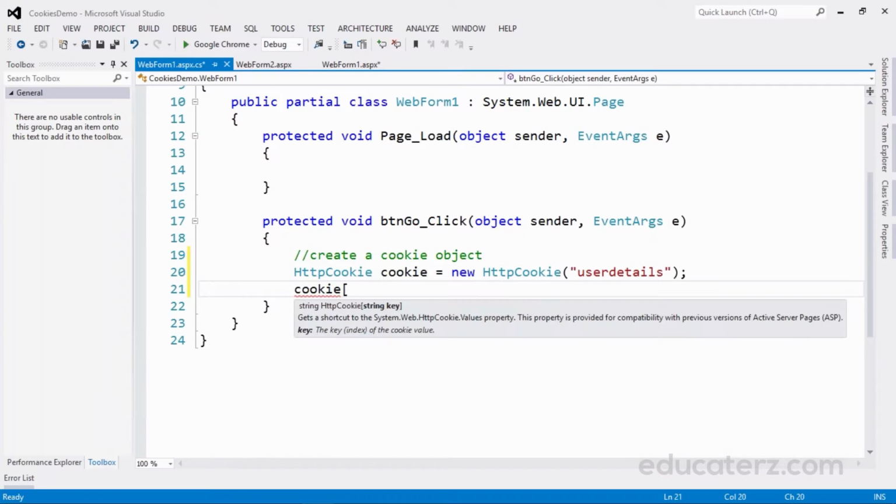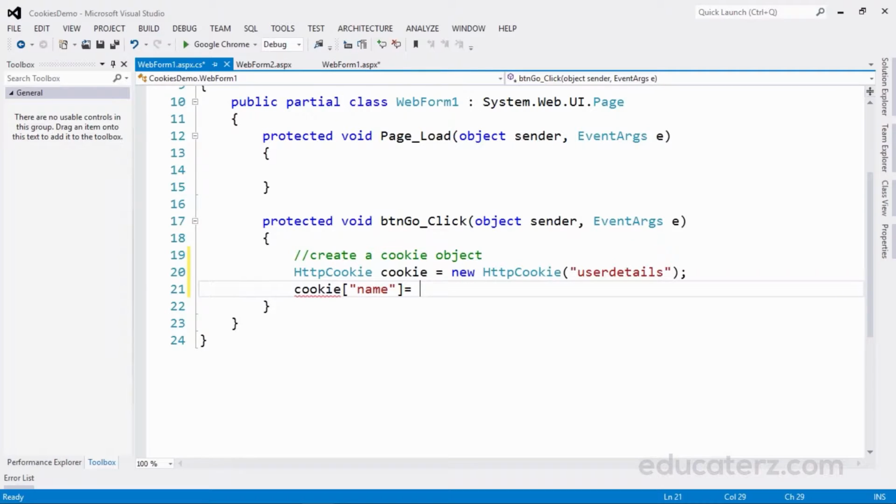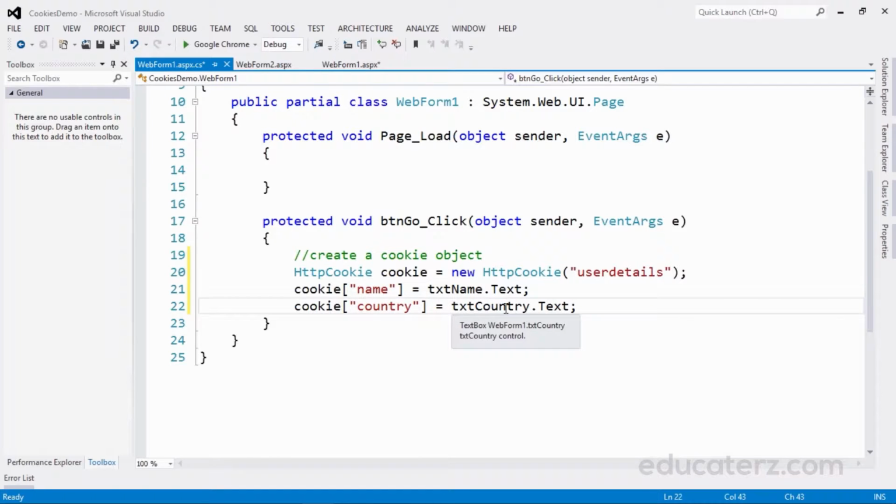How do we add is like this: string key name. I'm going to add it equal to the name, txtName.Text. Similar way, let me add for country also, and we have txtCountry. So what we are doing here is setting the values to the cookie, and then let me take Response.Redirect in order to go from one page to another page.